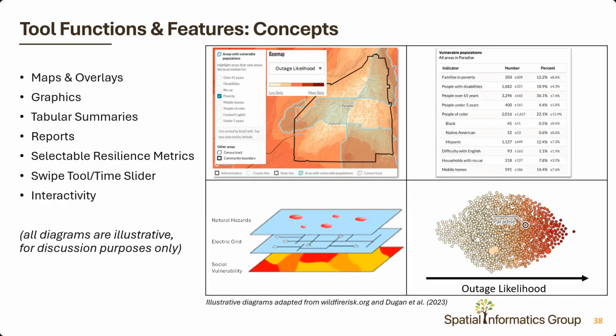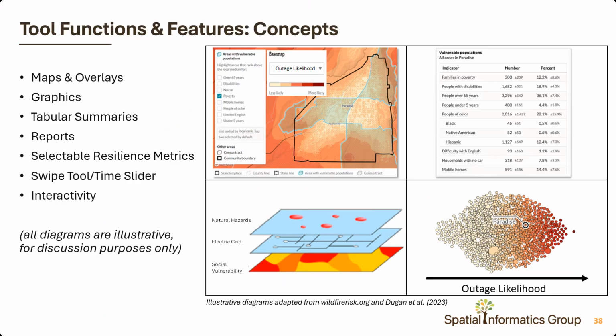Another thing we're really interested in your input on is some of the functions and features. One of the decision support tools that we've evaluated is wildfirerisk.org, which has an element that looks at vulnerable populations as it relates to wildfire risk. And here we took some liberties: if we were to have an underlying base map related to outage, we could overlay an area of interest with some of the other information as it relates to the vulnerable populations or socioeconomic considerations that a grid planner might be